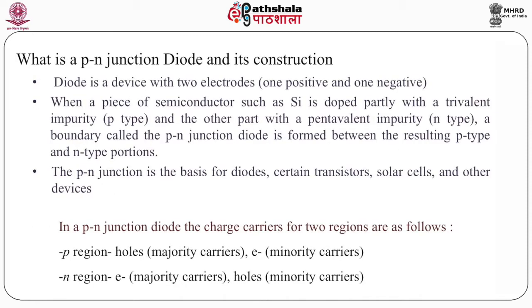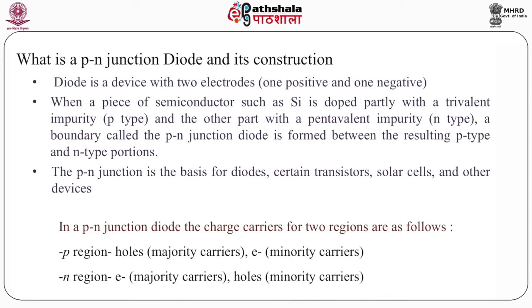Initially, to give an introduction, a semiconductor, as we discussed, has conductivity which lies in between the metals and the insulators. Dividing into two categories, we have intrinsic and extrinsic semiconductors. The pure semiconductor is the intrinsic one, and its conductivity is affected by doping. If we dope an intrinsic semiconductor with a third or fifth group element from the periodic table, the conductivity can be enhanced and we get different types of semiconductor known as p-type or n-type semiconductors. P-type semiconductor has majority charge carriers of holes and minority carriers as electrons, whereas the n-type semiconductor has excess electrons, with holes as minority carriers.